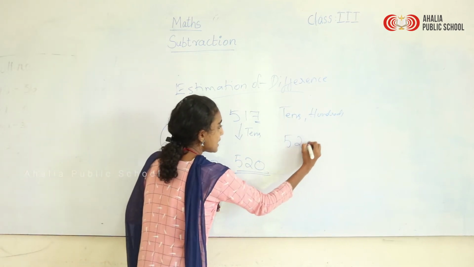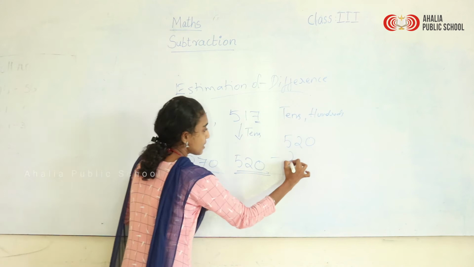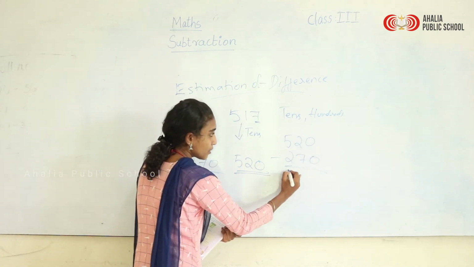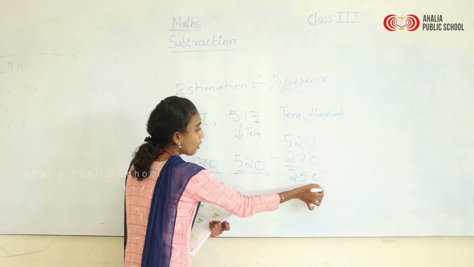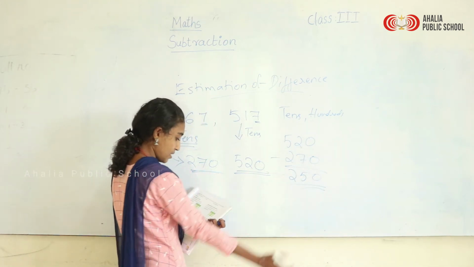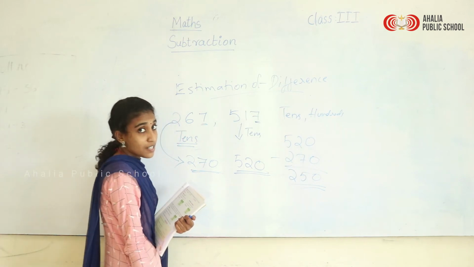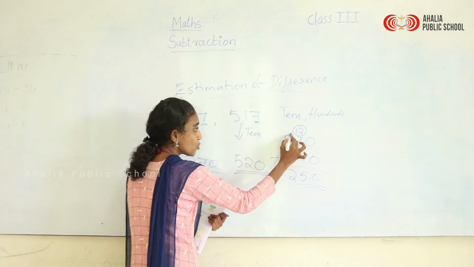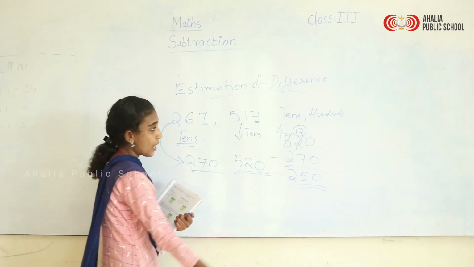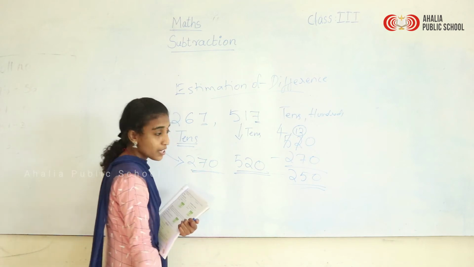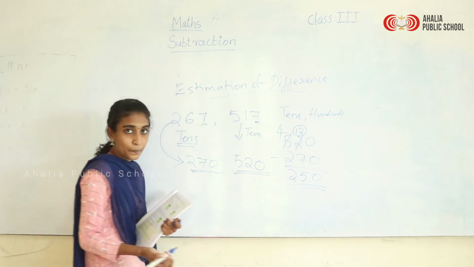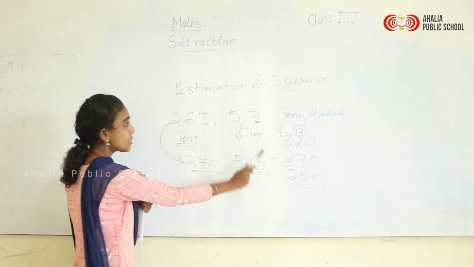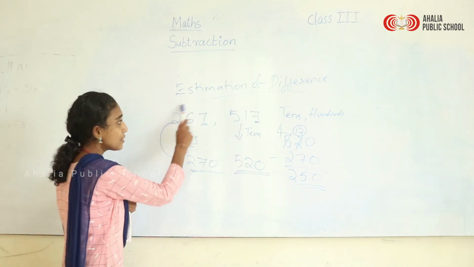That is 520 minus 270. So what will be the answer? 250. How did you get this answer? 0 minus 0 is 0. 2 minus 7 is not possible, so we borrow a 1 from here. This becomes 12 and this becomes 4. And 12 minus 7 gives 5, and 4 minus 2 gives 2. So this is how you estimated the difference between these two numbers by rounding them off